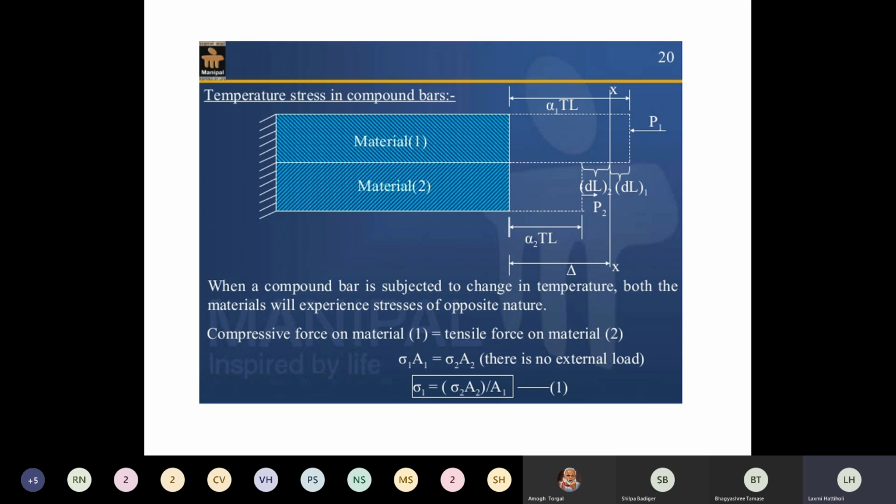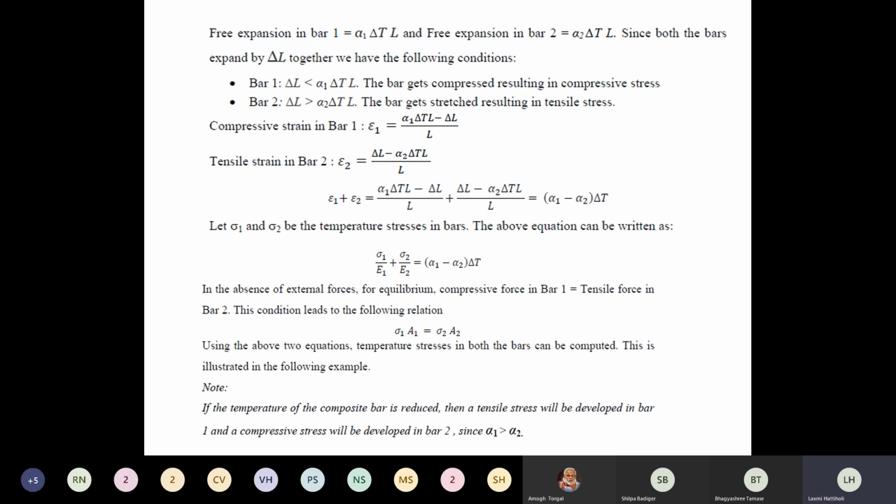See, in material 1, alpha is higher, right? In material 2, alpha is lower. So for material 1, when alpha is higher, which type of force have I applied here to bring it back to its original length? Compressive force. So now you can imagine this: whichever material it is, if the alpha is higher for that particular material, then definitely I should apply a compressive force to bring it back. When alpha is lower, I should apply tensile force, as you can see in this picture. Is it understood to everyone? Yes, ma'am.